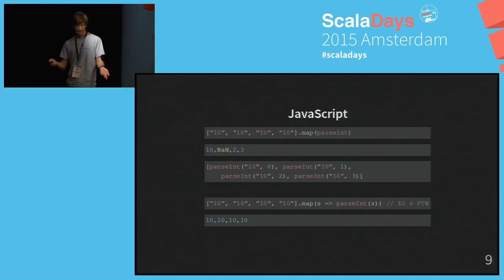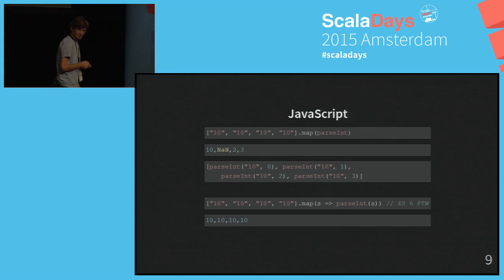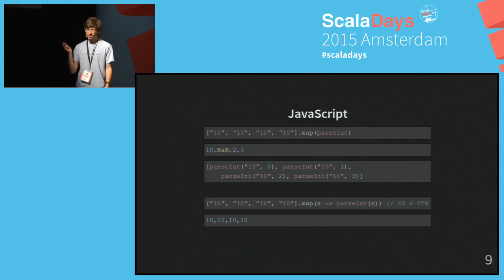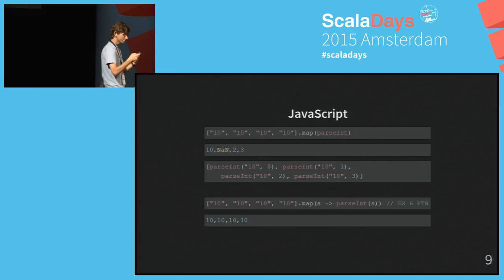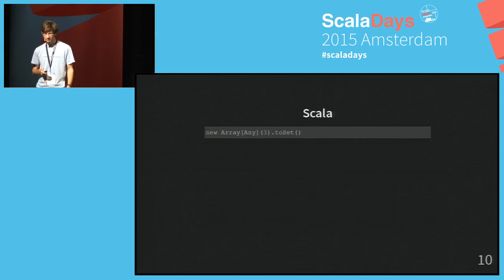So if you want to fix this, you actually have to include your own lambda in there. This, by the way, is completely valid JavaScript. Well, it's valid ECMAScript 6. This is the new JavaScript, which got lambdas a la Scala. That's quite wonderful. So you can fix it that way, because then your lambda acts as a bodyguard against this second argument that you don't want.